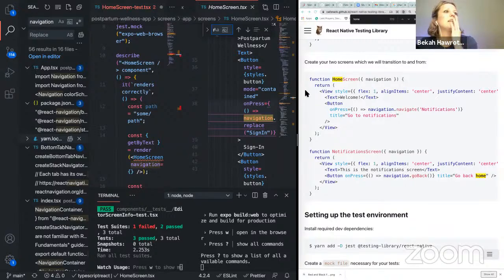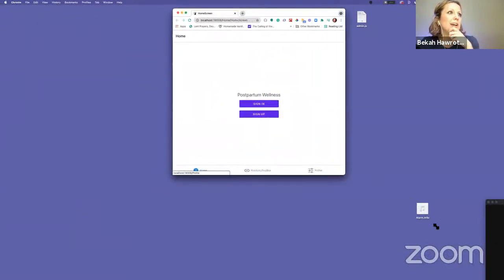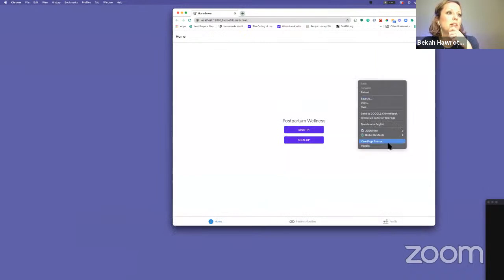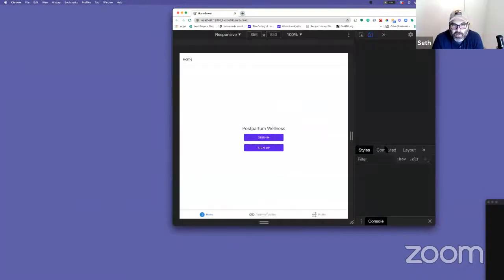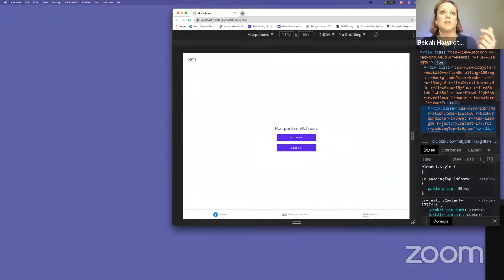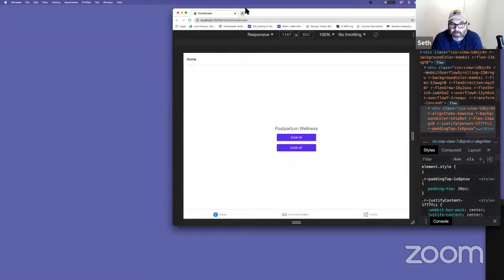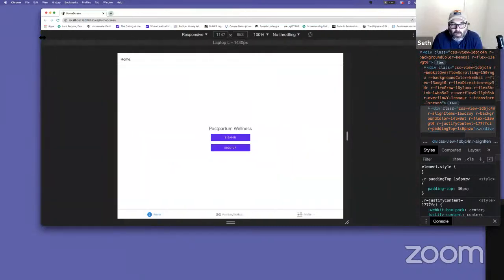Yeah, so let's see. To debug the app, I think maybe since we're using React Native Web, I'm not sure how. You can probably just use a JS debugger. Different one that I have run in the past. Make that whole browser as big as you can, and then we'll look at the debugger.